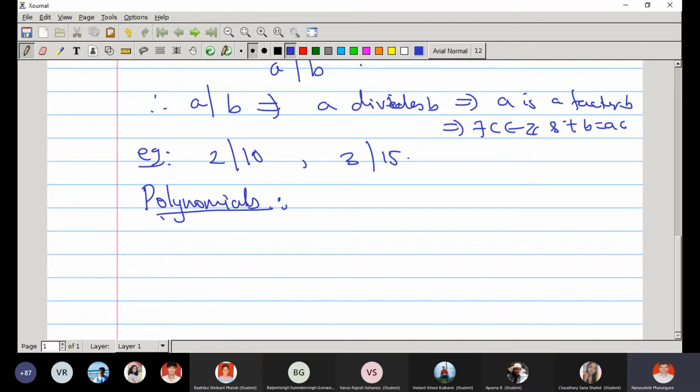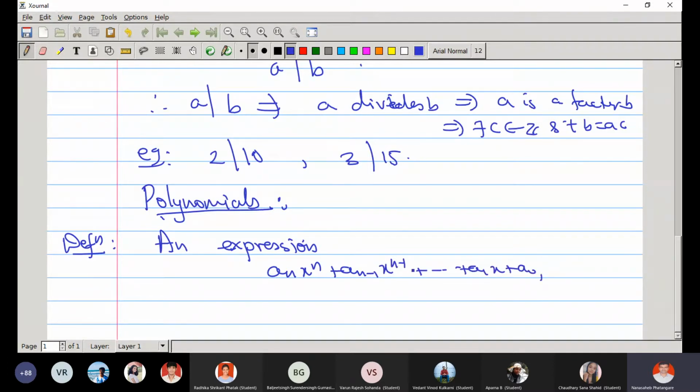Now what basically are polynomials? An expression a_n x raised to n plus a_(n-1) x raised to n minus 1, up to a_1 x plus a_0,